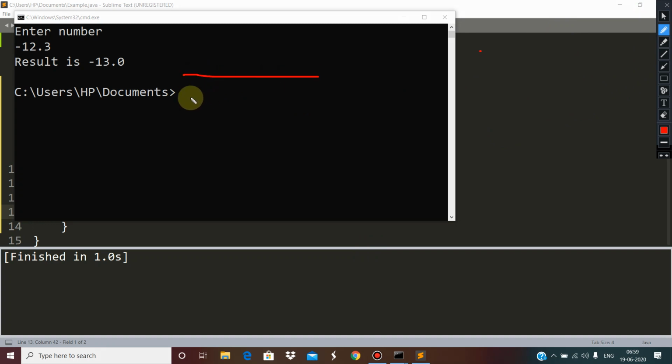Suppose minus 13 is somewhere here, minus 12.0 is somewhere here, and minus 12.3 is actually here.